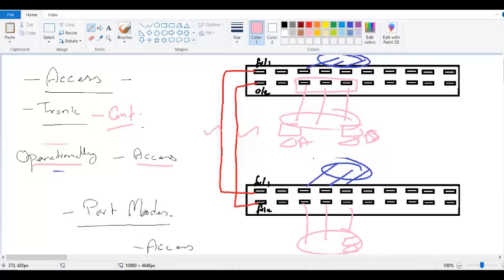But if A is talking to C, though it is a member of the same VLAN,